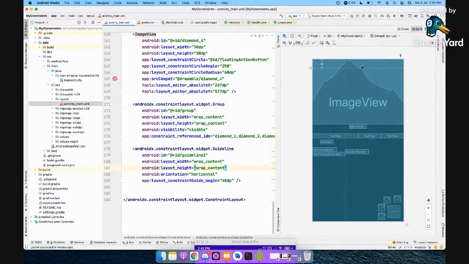So it will work accordingly. So I have guide percentage. That is the one. Layout constraint guideline percent. So this is the right one. 0.2. I can set it 0.5, 0.4, whatever. Does not matter.